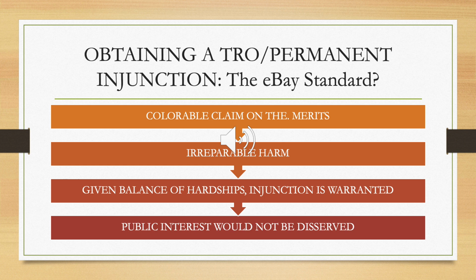Generally speaking, and the COVID case tells us, on page 66, in order to prevail on a motion for TRO, the moving party must demonstrate that it has a colorable claim on the merits, that it will suffer irreparable harm if relief is not granted, and that the balance of hardship favors the moving party. The court further tells us that of these three elements, the presence of imminent irreparable harm is the sine qua non of the issuance of the TRO,